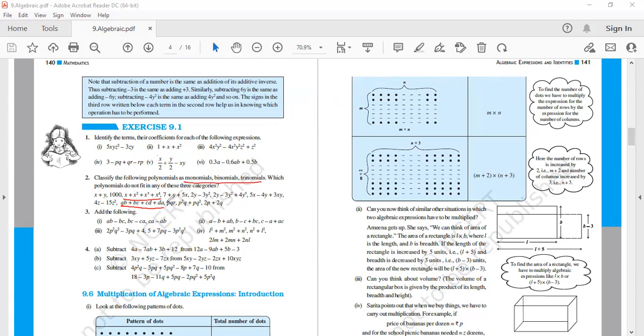But as I told in the last class, the polynomial having four terms is known as quadrinomial. So you can put down these things here. Otherwise, according to the question, these polynomials are not fitted in three categories, that you need to write. Now coming to the addition and subtraction of the polynomials. So let us start the addition and subtraction of polynomials.